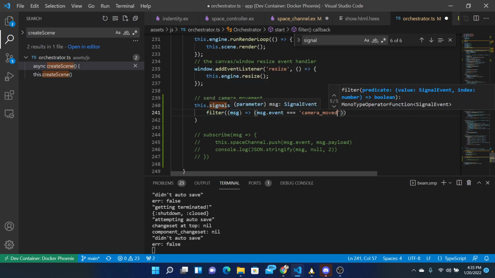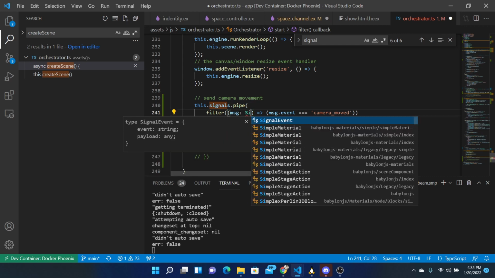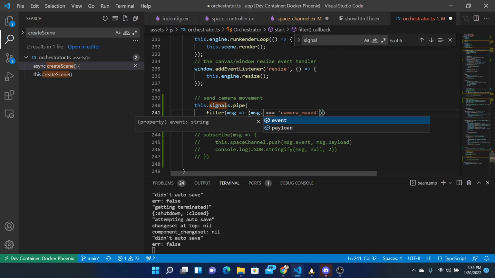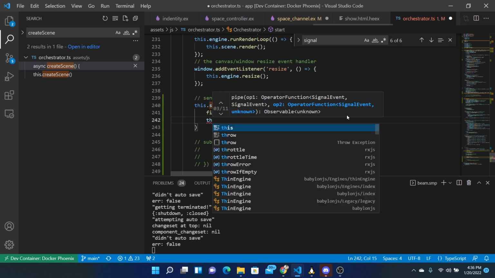And in fact, we could say that the message type here is signal event, which I think it knows this already. When we do this, yeah, it knows. Okay. So this signals pipe filter only on these kind of messages, and then we can do something like throttle